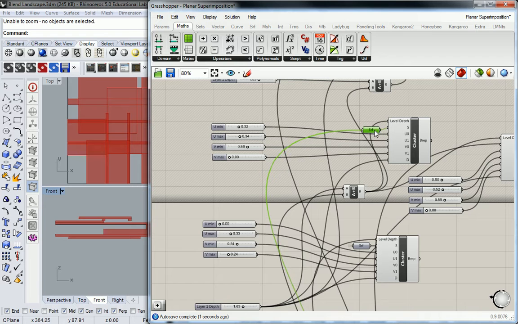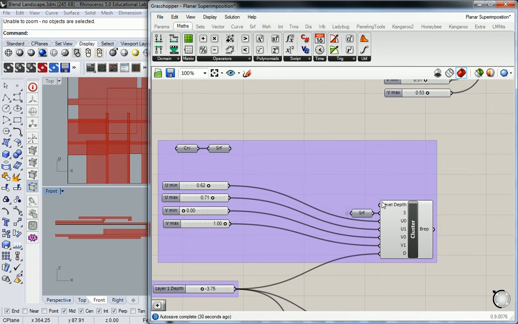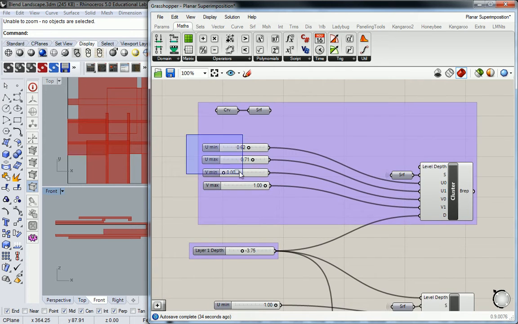So let me go through and clean this up, and then I'll explain the rest of it here in just a moment. But I'm going to pause the video. Okay, so just pausing for a moment here. So already, just by making all of the surface wires invisible, it looks a lot cleaner. Okay, so the other thing you can do now that it's a little bit cleaned up is